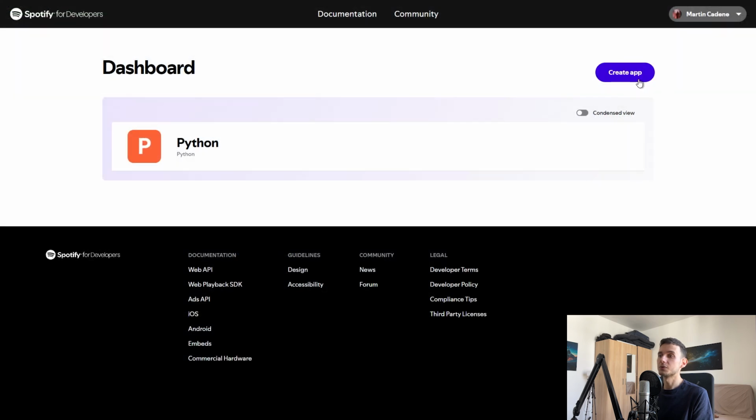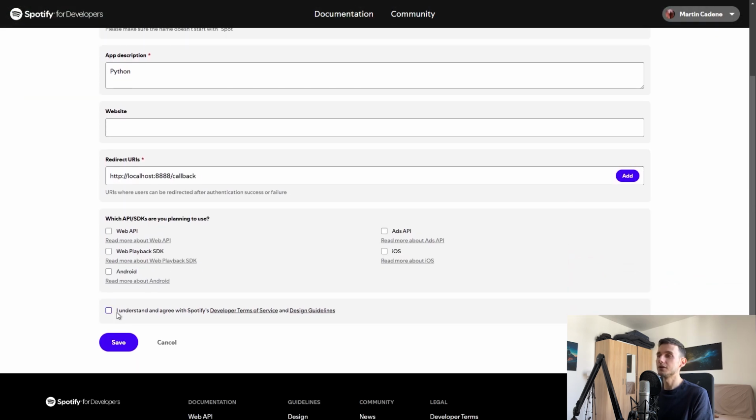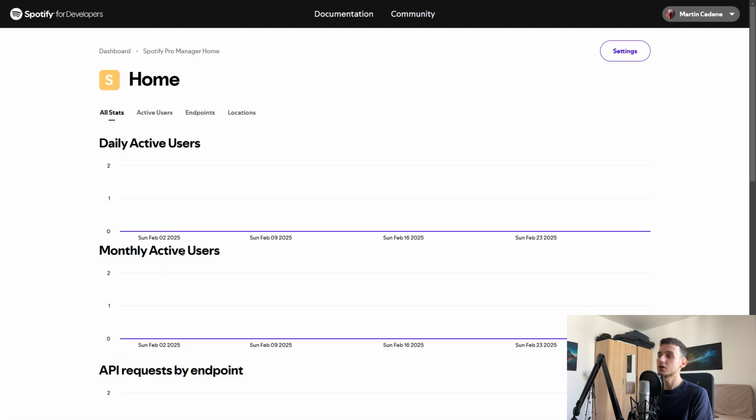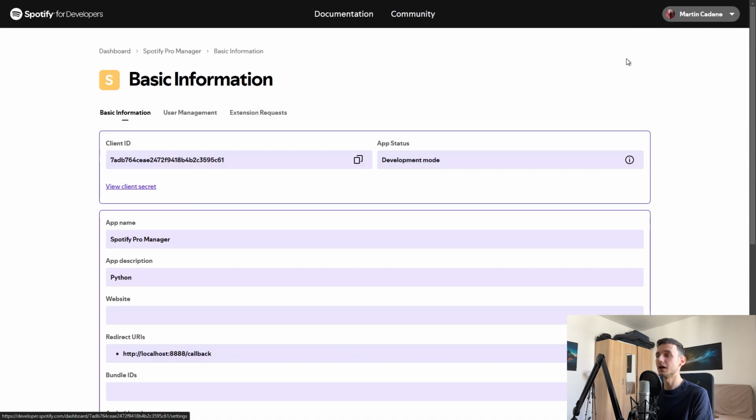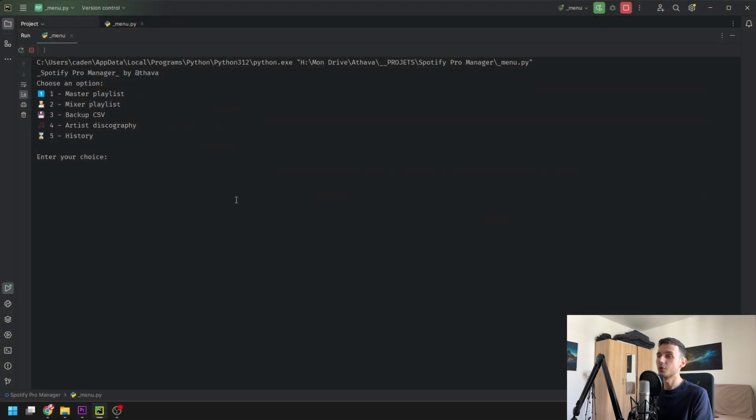Set up your Spotify API application. Go to the Spotify developer page, create an application, and copy your client ID and secret token. Enter them once in the menu script variables. Running for the first time will open a new page with your Spotify account asking you to allow the execution. Just press OK. And here we are,